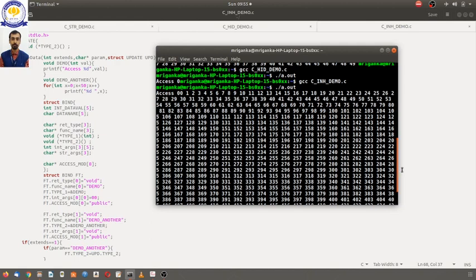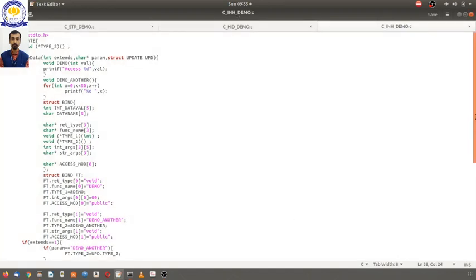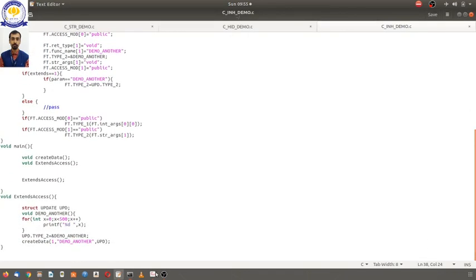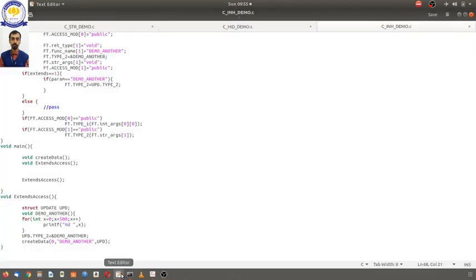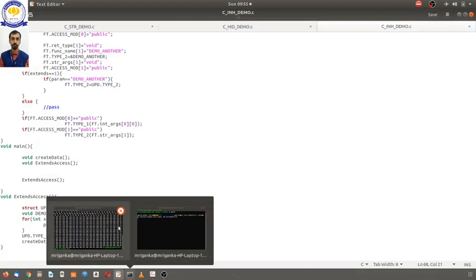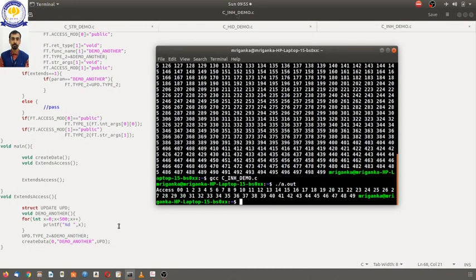If I make it 0, suppose my friend is satisfied and has gone back to the original program that we are discussing, then again compile and run. This time the output is up to 50.